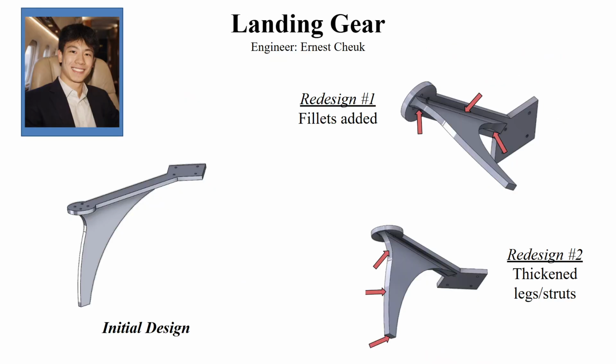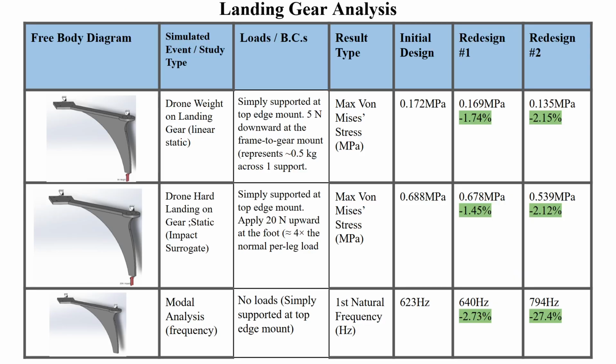For the landing gear, we evaluated 3 designs: the initial design, a first redesign where fillets were added at high stress regions, and a second redesign where the struts were thickened to improve structural strength. We analyzed 2 main loading scenarios: a normal landing case representing the drone's weight and a hard landing case to